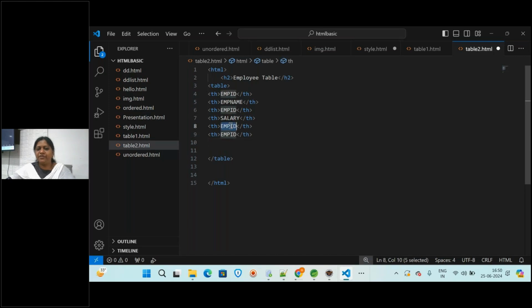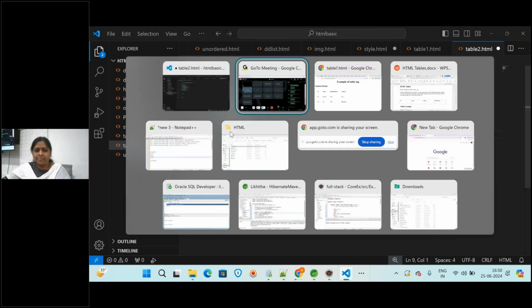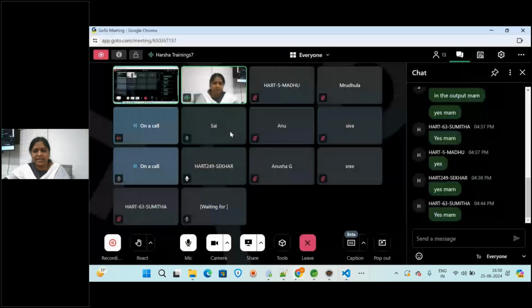You can mention different columns, id, name, and also you can write here like department or designation. You can give department, what department he is working, and what is the salary. And also you can write here like his address. Whatever columns you want, you can write email address or where he lives. These are all the table headings.